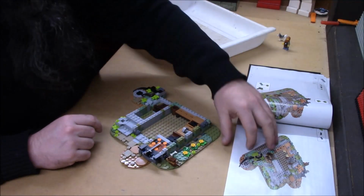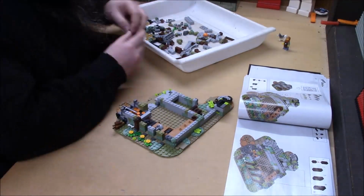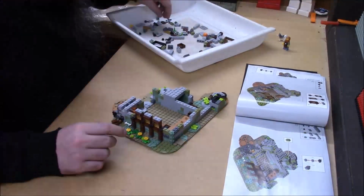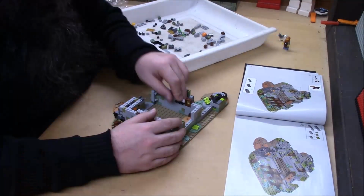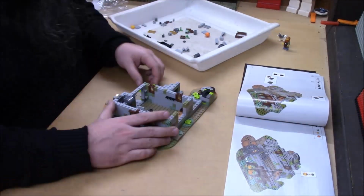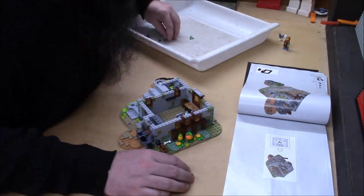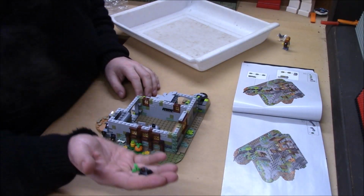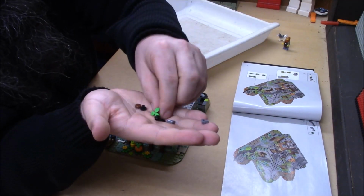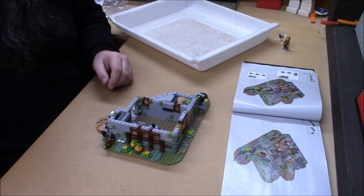All right, bag number the third one. End of bag number whatever I'm on. Bag three. We have the usual plethora of spare parts, including a neat little bit of shrubbery and some other fairly nifty parts. We have now added